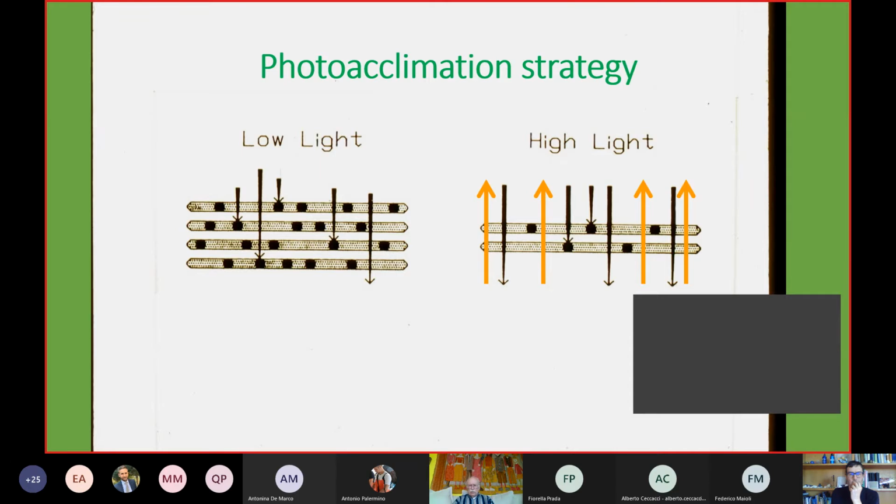On the left you see low light, you see many thylakoid membranes, a lot of pigment, virtually all the light is absorbed. And actually in the dark coral, over 95% of incident light is absorbed. In the case of the high light coral, only about 5%. So you see less membranes, less thylakoids, and less pigments, but that is nothing to do with corals. That is true for any algal cell.